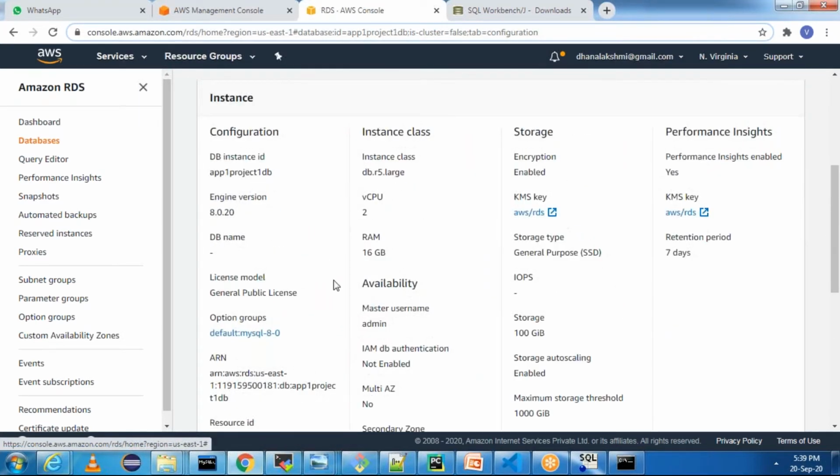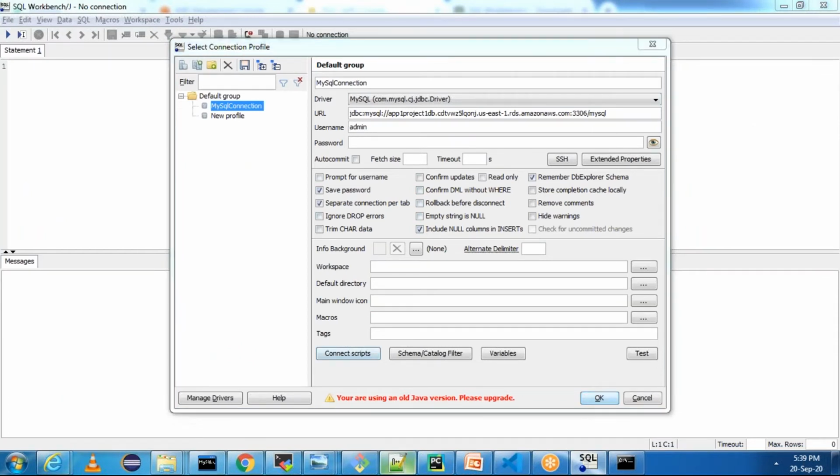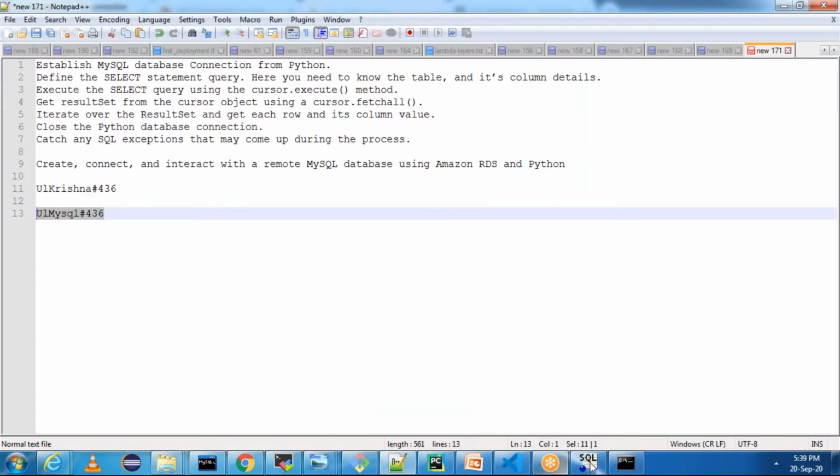In the configuration, when we created it, the master username is admin. Click on admin, and the password is this one. We kept this password.